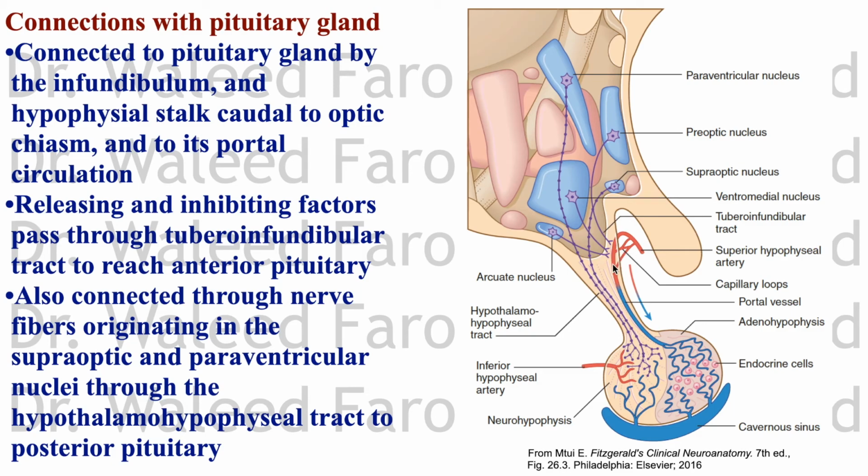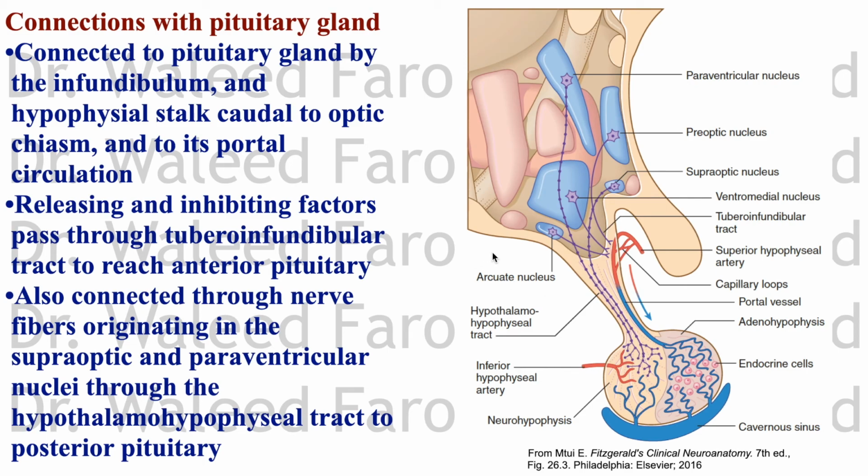To the hypothalamic hypophyseal portal circulation to reach the anterior pituitary, and also connected through the hypothalamo-hypophyseal tract by nerve fibers originating in the supraoptic and paraventricular nuclei. This is the supraoptic nucleus here and the paraventricular nucleus here,